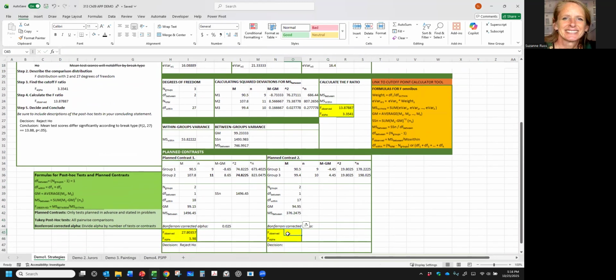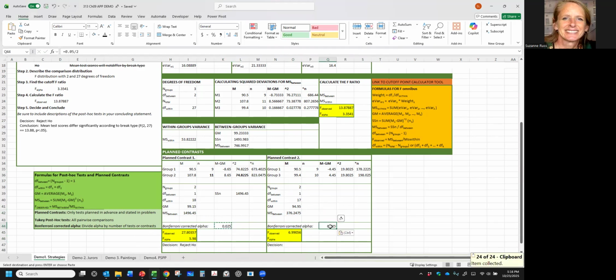We can find our F observed by taking this MS between and dividing by MS within, the one we calculated earlier. We find that we have a 6.99 for our F value observed in our data. Let's check what we have for our